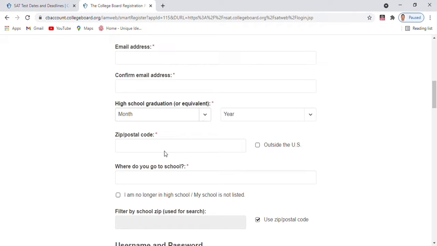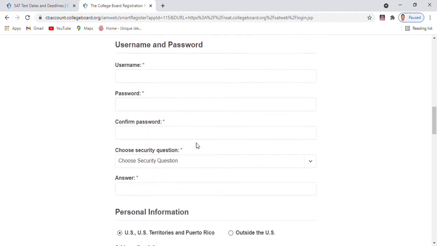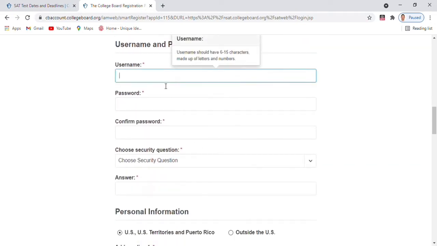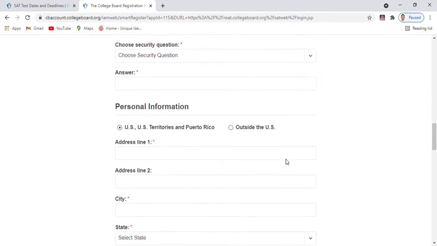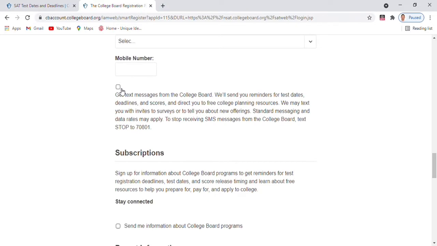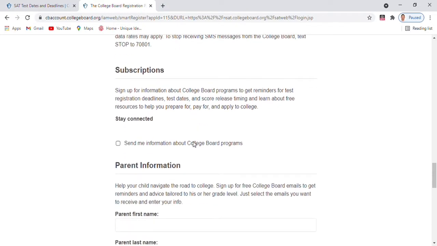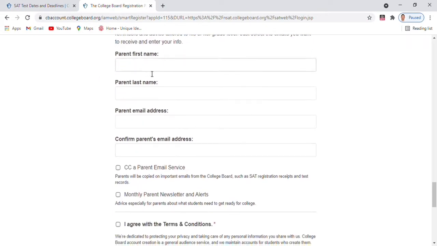But I already created my account on College Board. If you didn't make your account, then just do it fast. It is not a big deal. You just have to fill in your general information, and after that you choose your username, whatever you want, and then password, your address, and if you live outside the US, you click on outside the US, and whatever address you have you just fill in here and accept all the terms and conditions of College Board, and go on with all the fill in the blanks here.